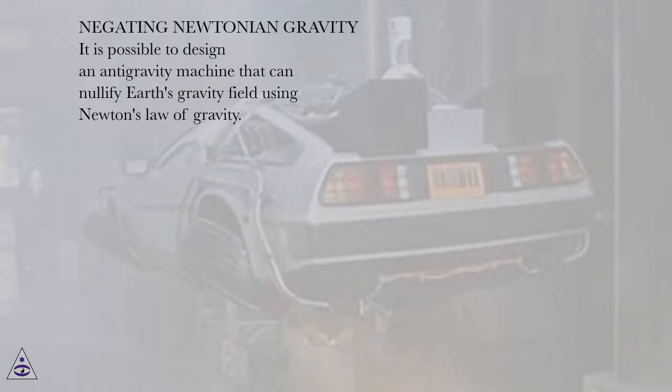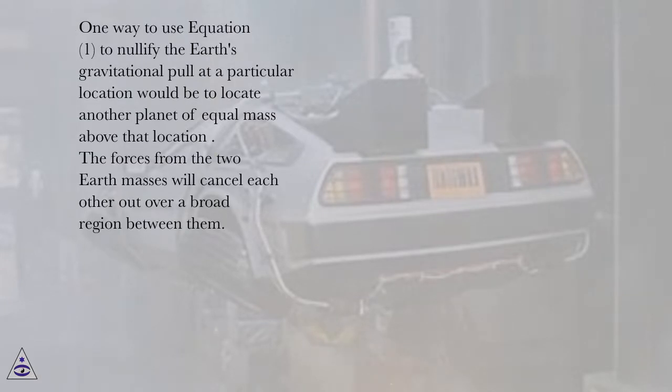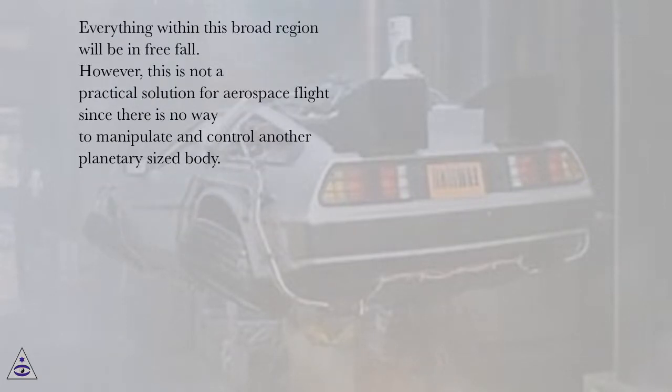Negating Newtonian gravity. It is possible to design an anti-gravity machine that can nullify Earth's gravity field using Newton's law of gravity. One way to use equation 1 to nullify the Earth's gravitational pull at a particular location would be to locate another planet of equal mass above that location. The forces from the two Earth masses will cancel each other out over a broad region between them. Everything within this broad region will be in free fall. However, this is not a practical solution for aerospace flight since there is no way to manipulate and control another